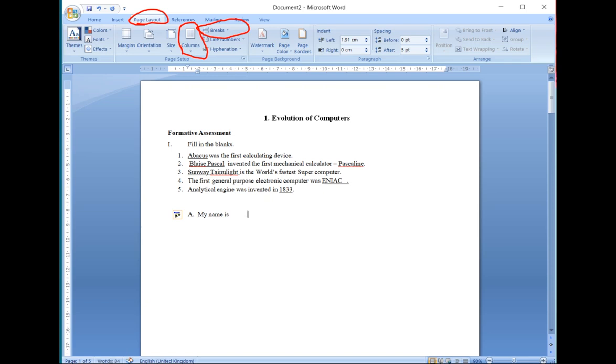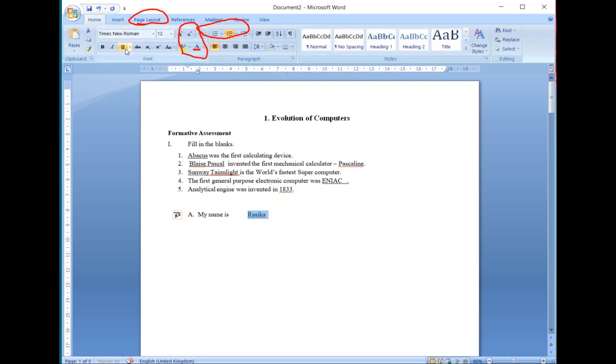So I'll just press my tab key. Once I press the tab key, my cursor will move forward about 5 spaces. Now I can write over there, my name is Rasika. I'll underline it. I'll go to the home tab and underline it. So this is the way we are going to use the tab key in our Word document, or we can say while preparing the Word document.